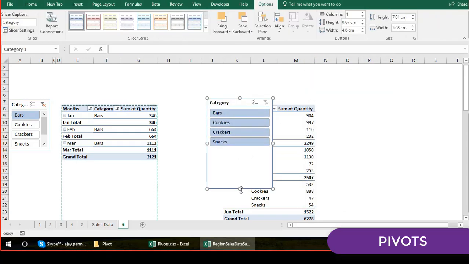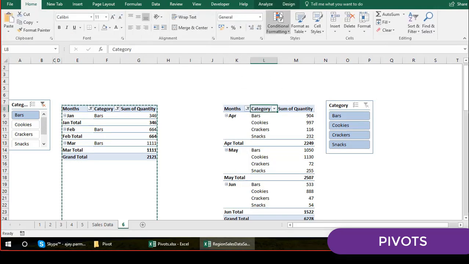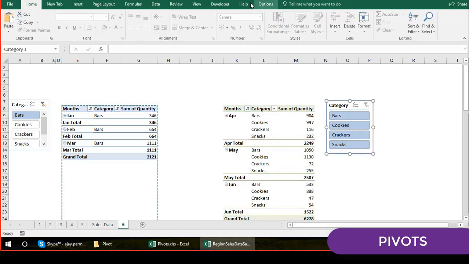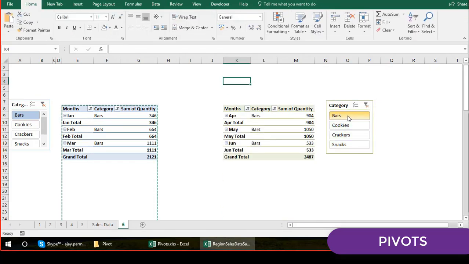So you have another slicer. Let's put that slicer here. Maybe you can give both the pivots a different color. That would be a good option. So I go and say this is a different color, this is a different color, and you can choose the same slicer color also from here. Yeah, so if you have bars here, you have bars here.